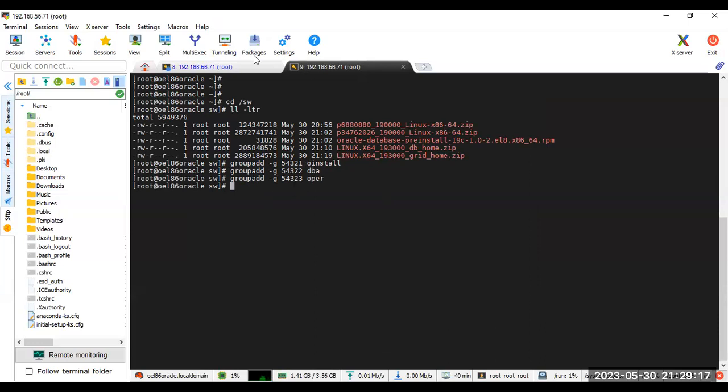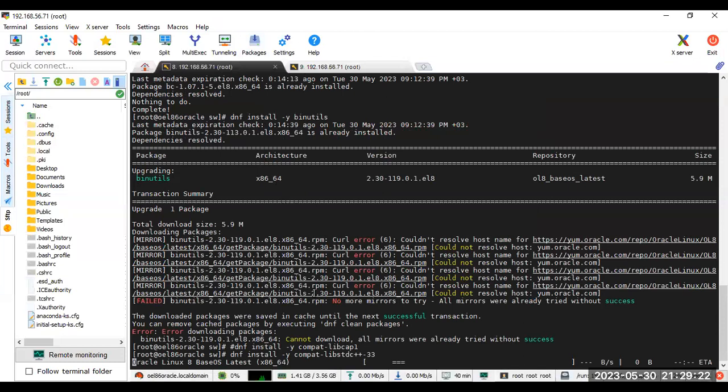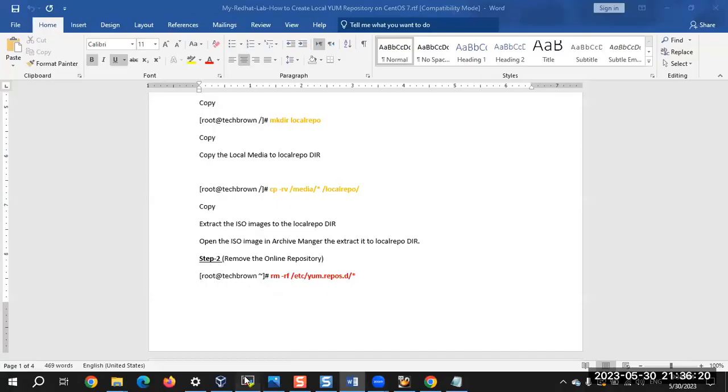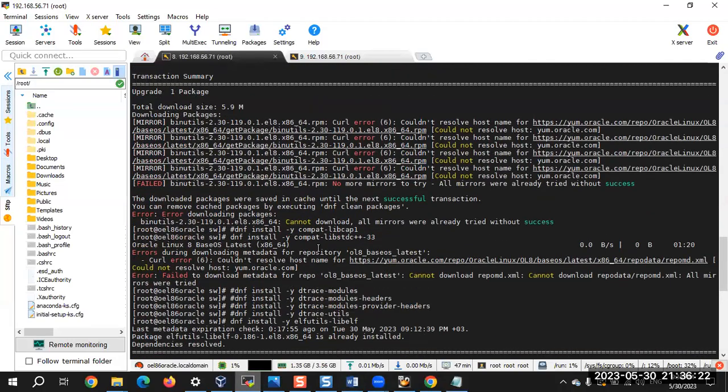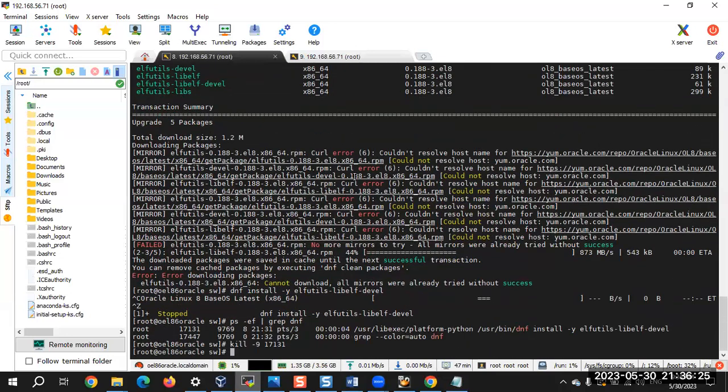So here we are installing all the Oracle dependencies. Okay, there are some errors, no mirror to try. Some errors we can ignore. Some packages, if we do not find binutils. Okay, some are installed. So we are facing an issue installing these RPMs from the internet. That's why what we'll do,